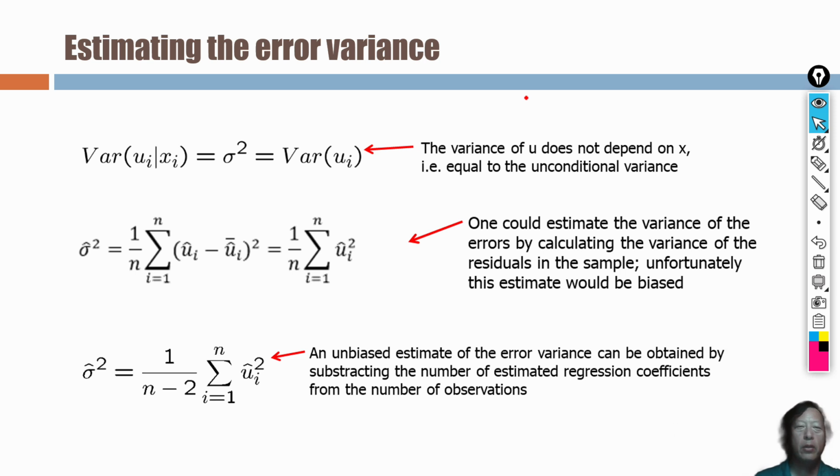Okay, how can you estimate the variance of error? So we say this will be sigma square. Again, this will not be affected by the x, so you can simply calculate the variance of the ui. So the variance of ui, you can simply calculate it this way, right? So why this is the case is because